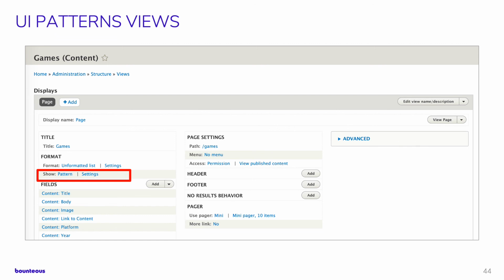And then we don't have time to go through all of the different things that this module and its suite of modules can do, but there are essentially a number of integration modules that let you use these patterns in some different contexts. So we'll look at the views, UI patterns views module. So you can specify to show a pattern. And then when you do that,